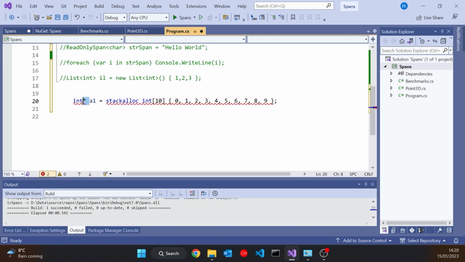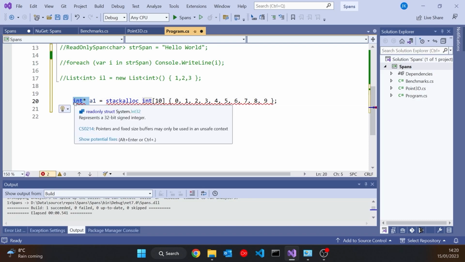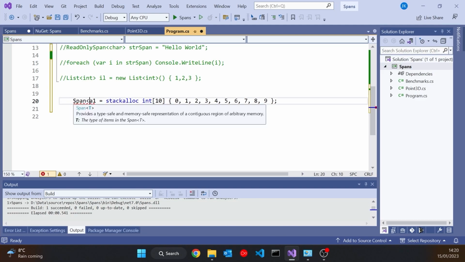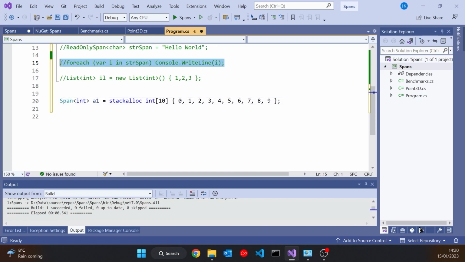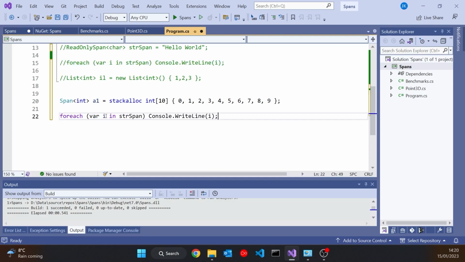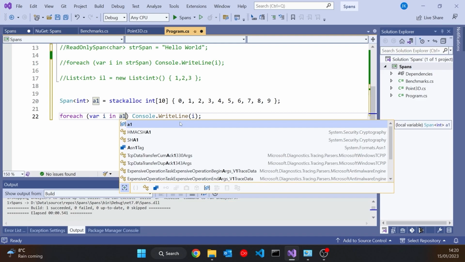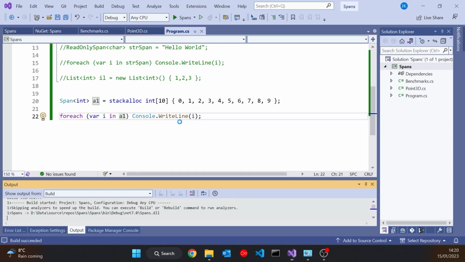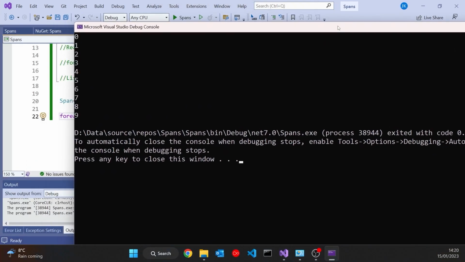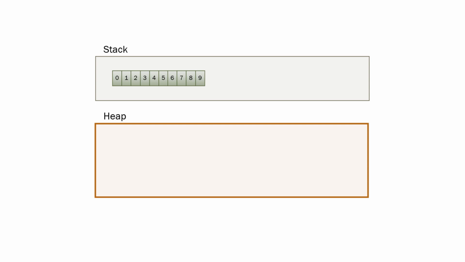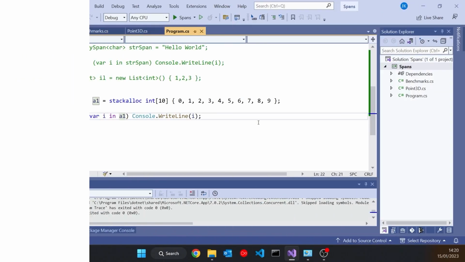because now we can do a stackalloc not into a pointer, but into a span. So if we do Span of int, because it's an array of ints, that is going to be perfectly happy. And once again, we can just loop through that in the same sort of way, and it will work just the same as before. But now we've done no heap allocation at all. So that is a program, you can see it's still working, that runs entirely within the stack with no heap allocation whatsoever, which is pretty useful in certain situations when you're worried about the overheads of heap allocation.